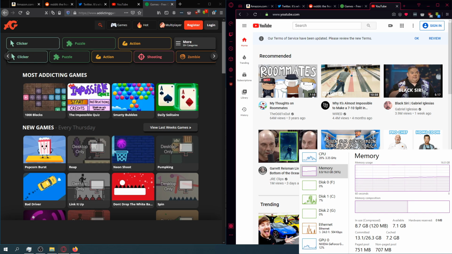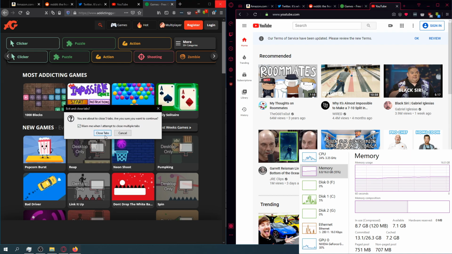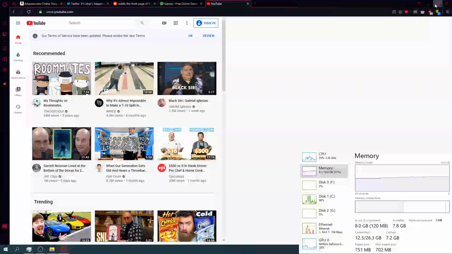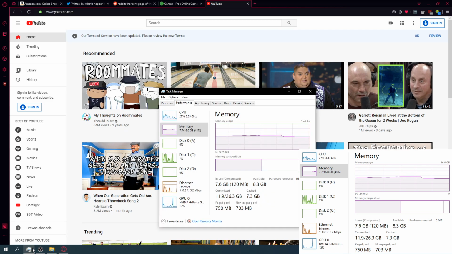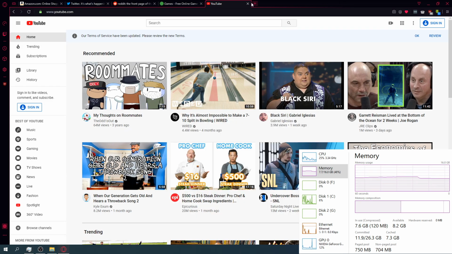As you can see, the memory did go up quite a bit, but I do not believe if I close these that it will change very dramatically. Oh, okay, never mind. It went from like 8 to like 7.7. So that's still really good. Both Opera and Firefox seem to be very closely optimized. This could be due to the fact that I have more RAM now, but also the features of Opera GX,